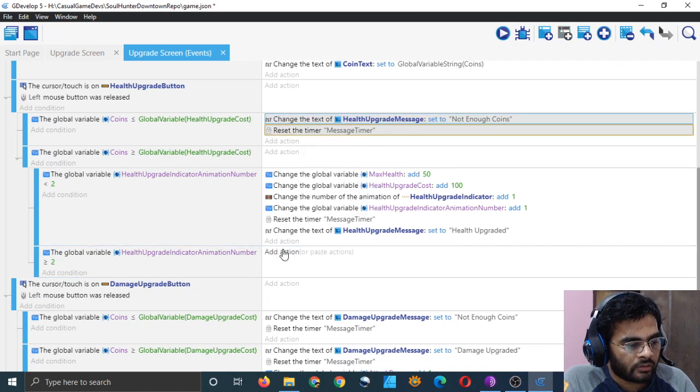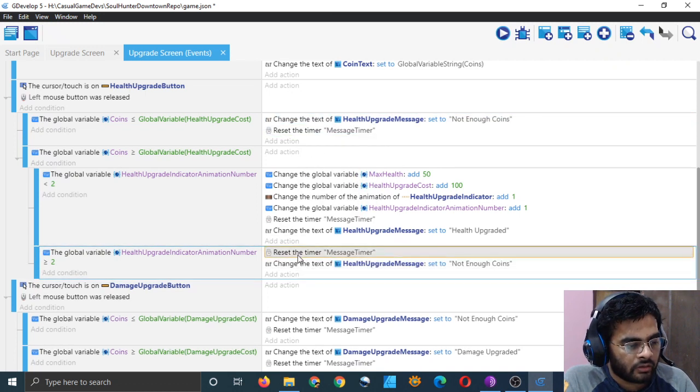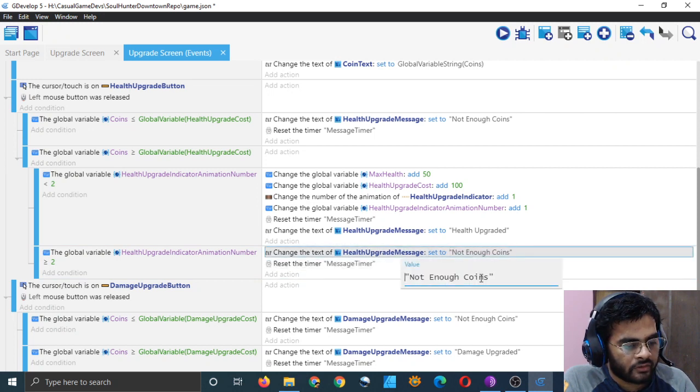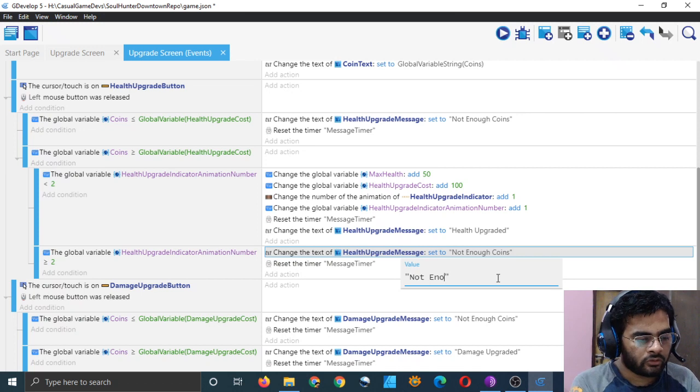So copy this and paste it, and bring it down here, and instead of not enough coins, you should send the message that health is already fully upgraded.